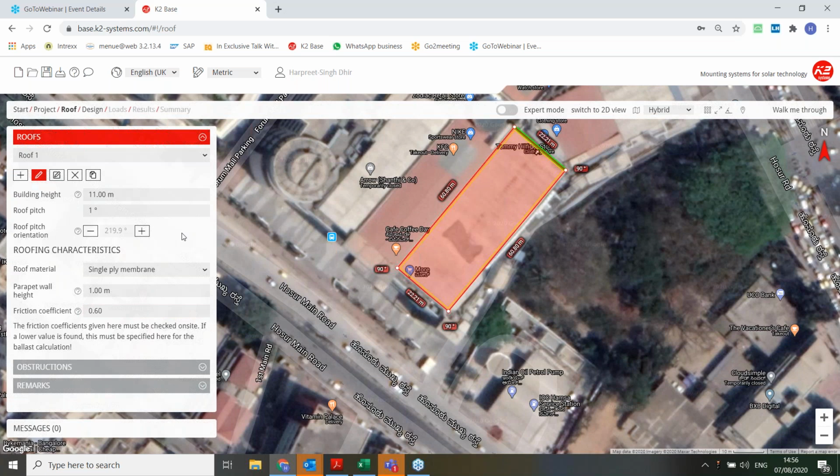I won't explain about obstruction because we have limited time, and I would like to show you the mechanical planning, the basic parts. In the advanced version, we can show you more about the obstructions and so on. So this is, ladies and gentlemen, the second part, very simple. Now we're done with the second part. What I will do now is quickly go to the design.